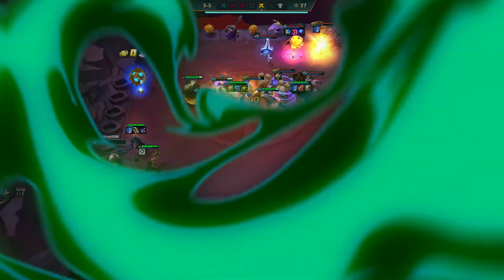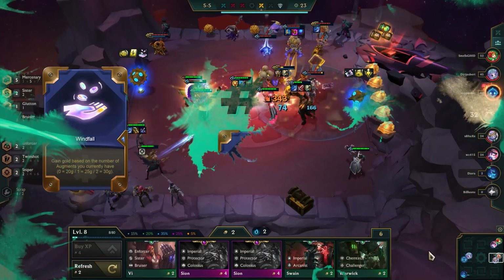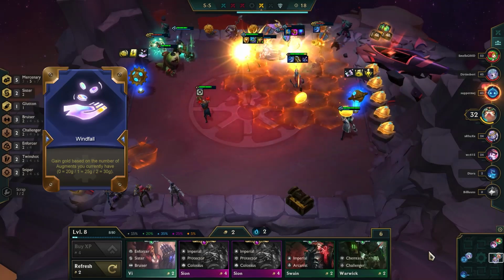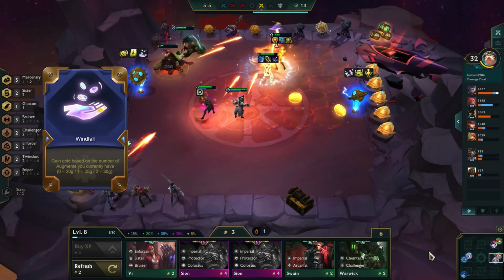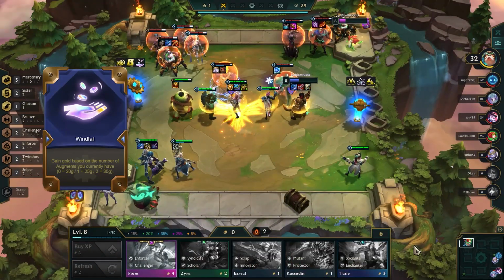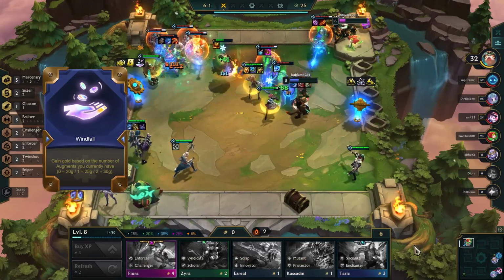And finally, coming in at number 1 is Windfall. Surely this is not a surprise, as Windfall is absolutely broken. And that's not speaking in absolutes, it's just the truth. Imagine it's round 1-4 and suddenly you have 20 extra gold. Would anyone not want that? Doubtful. Even on 3-3, having 25 extra gold is crazy good,